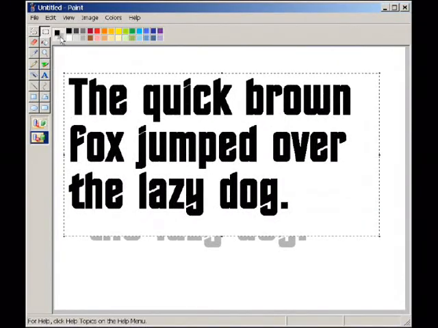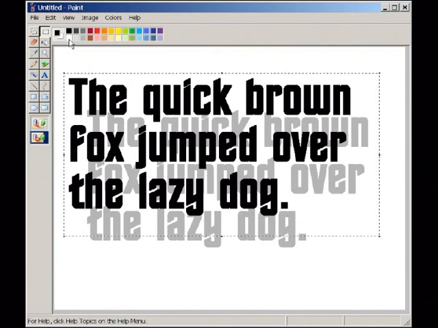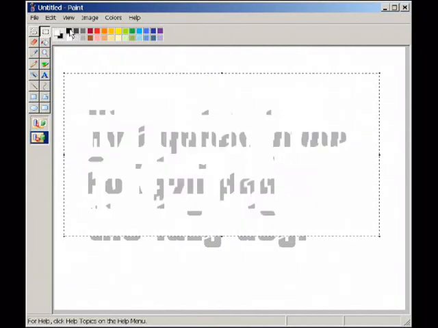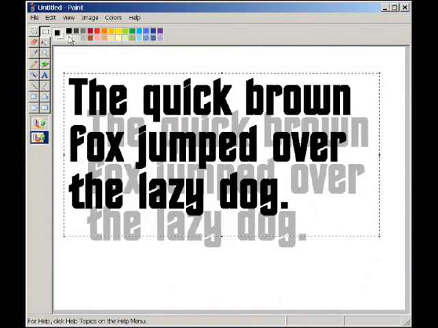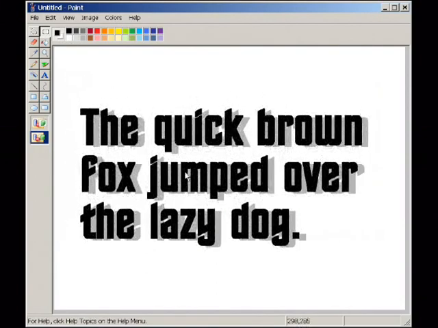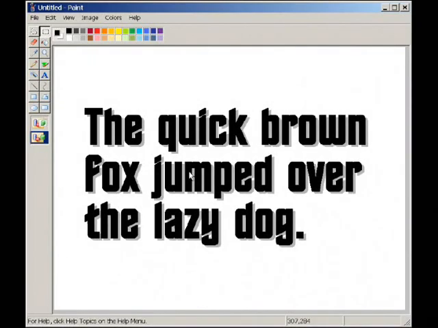That's because the gray up here is your background color, so it's going to disappear. If I change it back to white by right clicking, if you left click you get your primary color, if you right click you get your background color. Right click, left click, right click. Okay, so now we have this object and we can set up a nice 3D text